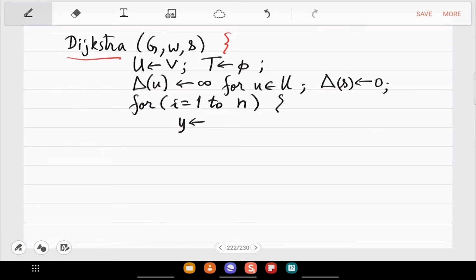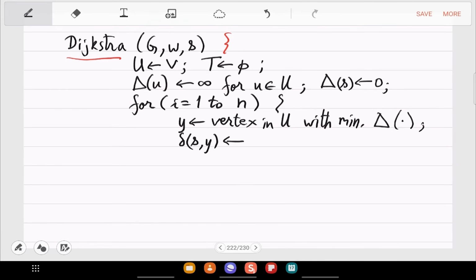In the formula, we wanted a vertex that is minimizing delta, so we'll call it y in the pseudocode. So y is the vertex in the undiscovered vertices that minimizes the delta function. And so delta from S to Y, the distance from S to Y, will be this value.